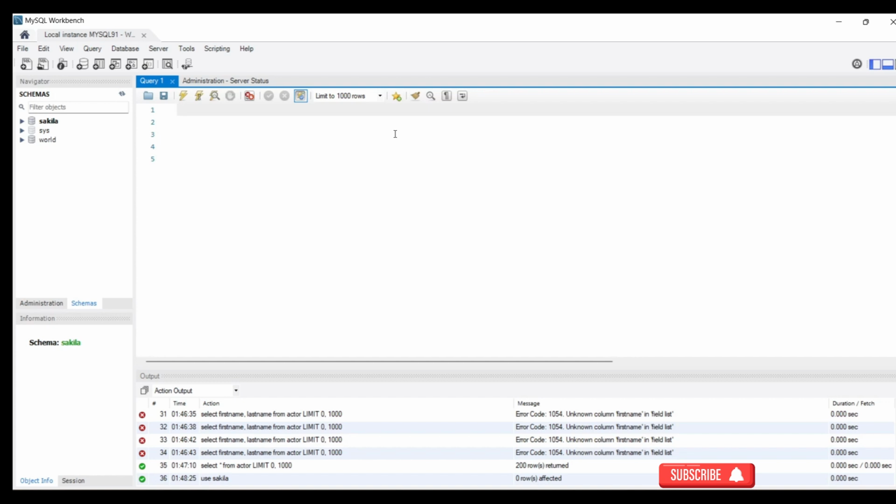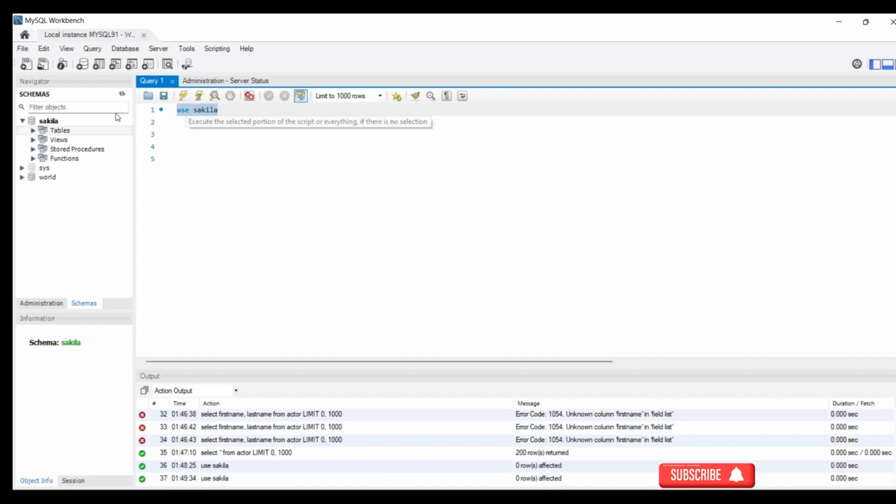So we are using the Sakila database. Don't forget we are using our Sakila and World database for this hands-on. So I'm going to use Sakila, which has activated this particular database. And in Sakila, I want to retrieve the data